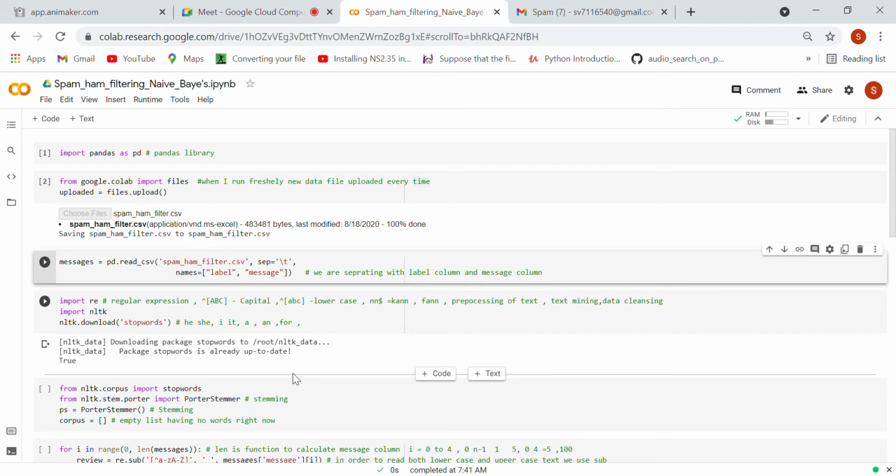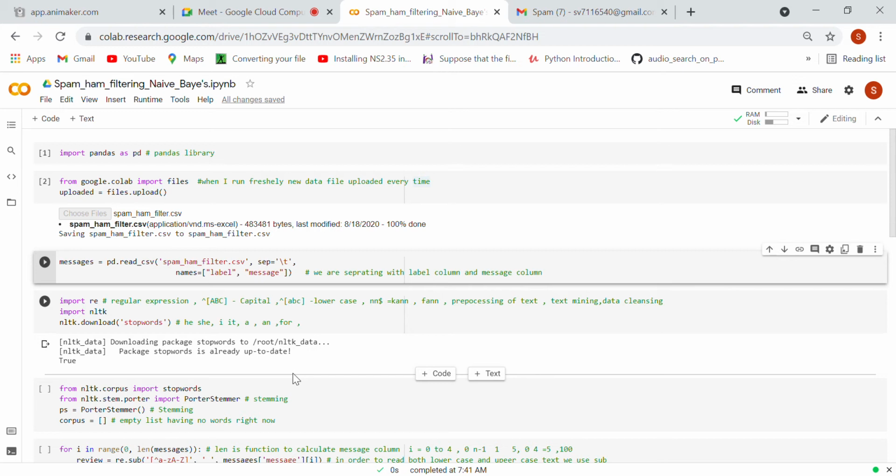Now the next thing is you need to import the libraries. What libraries do you need? The natural language processing NLTK library. Why do we use the NLTK library? Because we are dealing with natural language. What is natural language? Natural language is a language that is used by human beings to converse with each other. Like now I am communicating with you in English, right? So it comes under natural language. What about in Germany? What about in Canada? What about in Karnataka or Tamil Nadu? They will speak in their regional language, right? So it also comes under